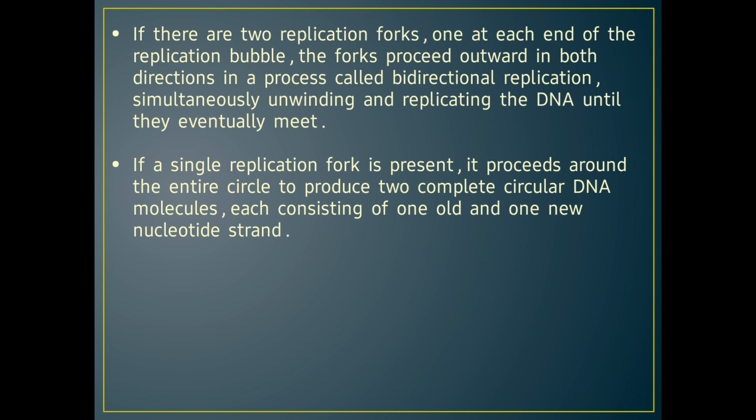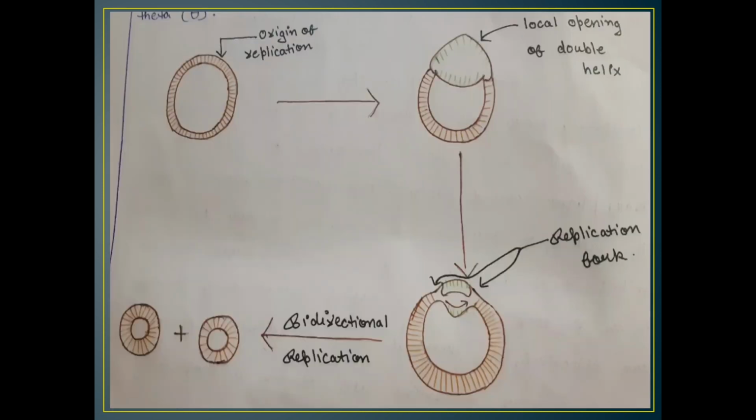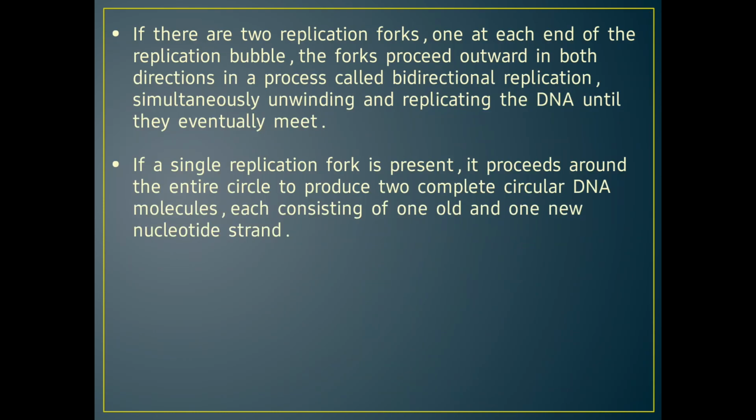eventually meet. So if two replication forks are present, one is at each end of the replication bubble, and they proceed outward. That process is called bidirectional replication. You can see here we have written the bidirectional form. So the bidirectional form will be formed, and it will be unwinding at the same time till